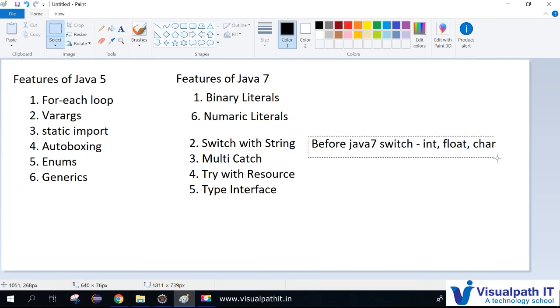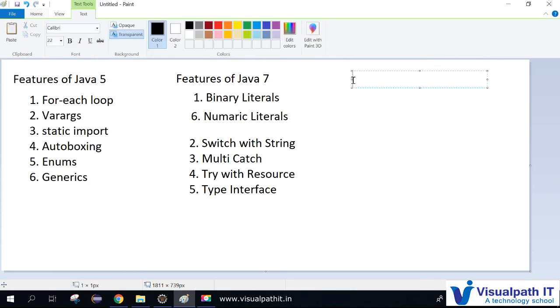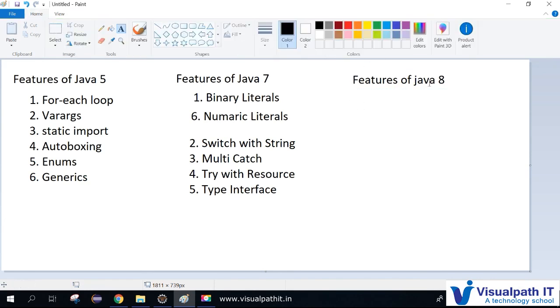Java 9 also we're going to cover, and the next topic will be features of Java 8. Guys, remember, this is very interesting and very much useful.